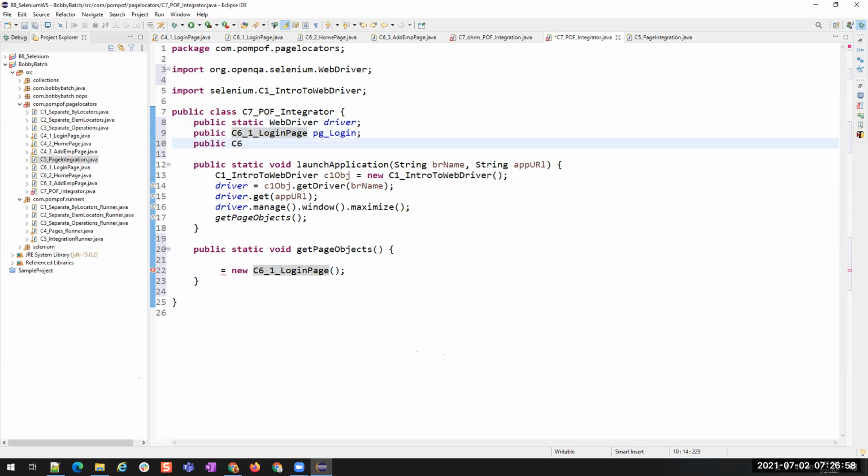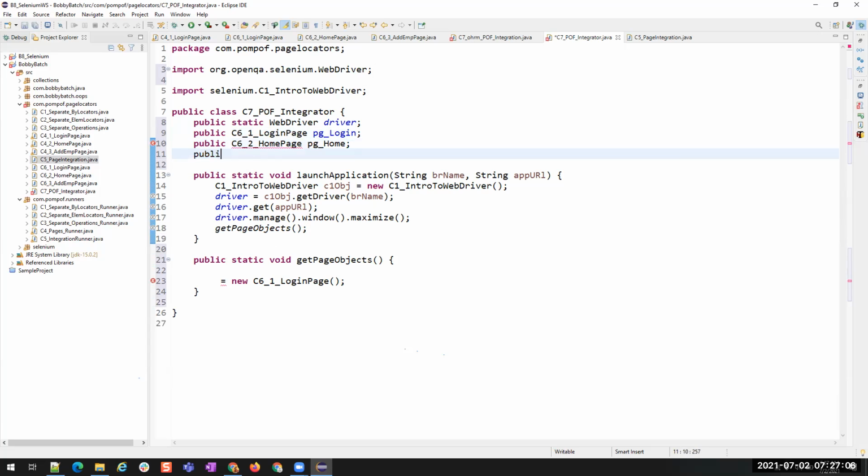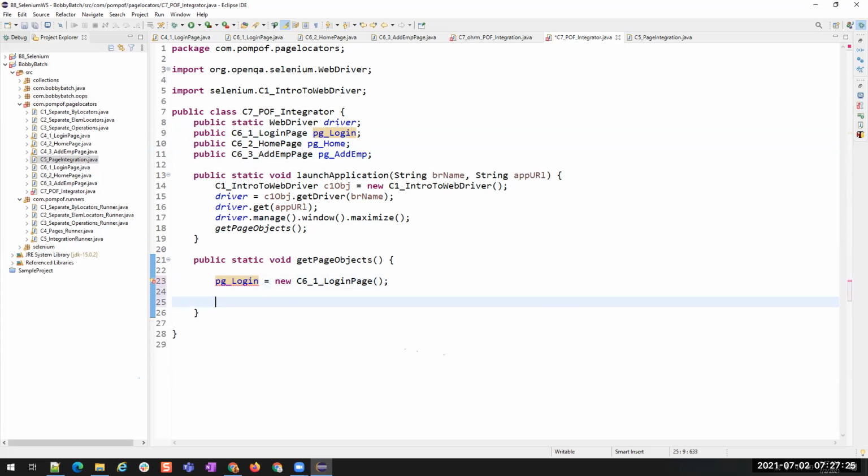public C6_2 HomePage, let's say pg_home. Not doing anything new. Whatever we did yesterday, I'm doing the same. pg_add employee. Now I will create objects for these pages. Page login.